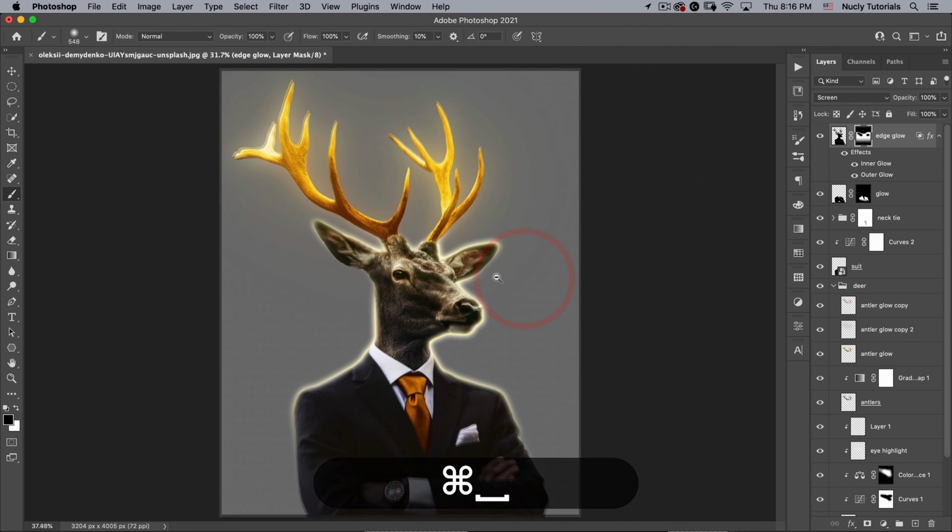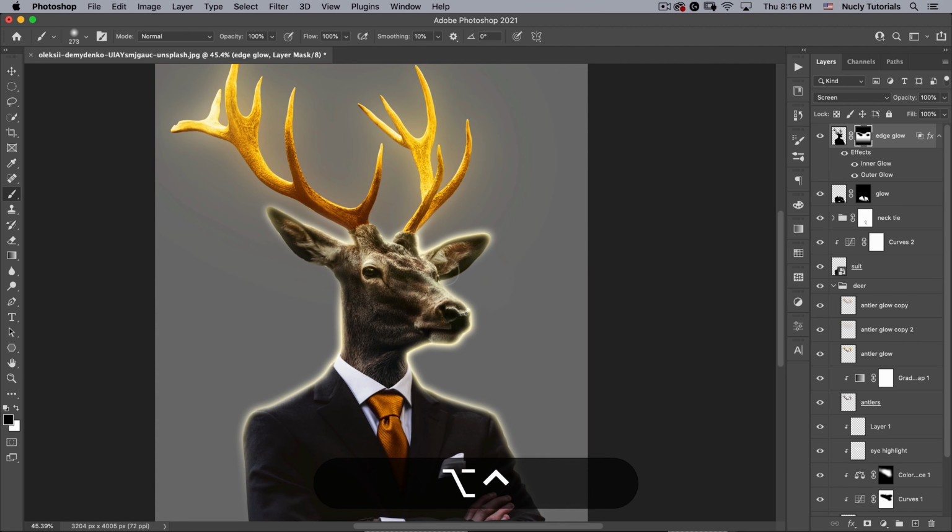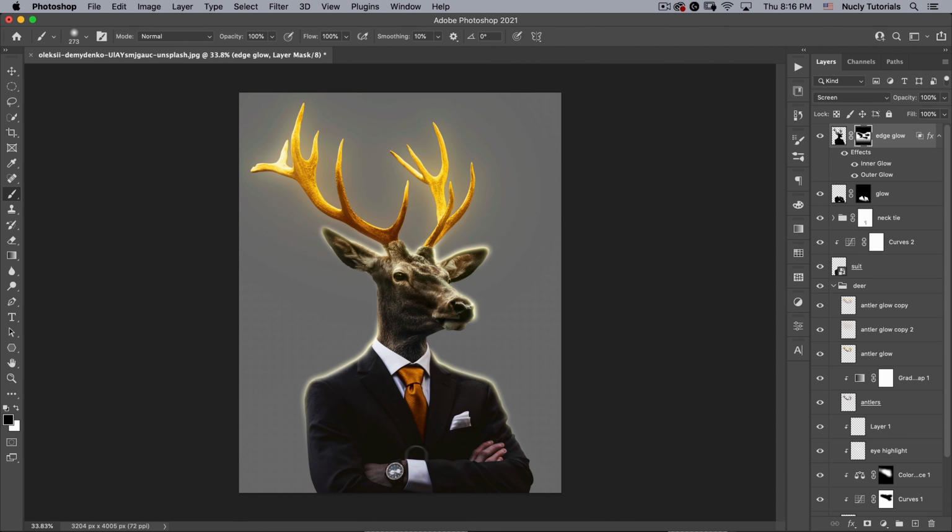It should really be the top of the ears, the top of the shoulders, maybe a little bit on the top of the nose there. So something like this. Even here on the side, it doesn't make as much sense. So probably something like this. We can have a little bit of on the neck there. Something like that looks really good. We can take the opacity of this down a bit, maybe to about 65%. I think that looks really nice. And that finishes the suit part. The next part is the background.